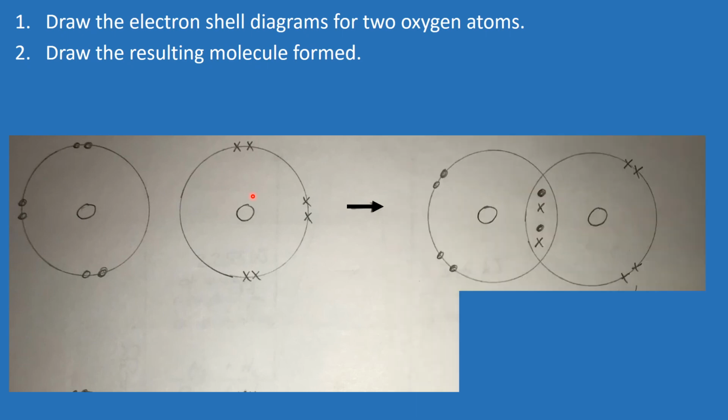Right, so this is what it looks like, and if you got this solution, well done, because this is a real kind of leap forward. So what we can see is that each oxygen, so this oxygen here with the dot electrons, has put in 2 electrons into the overlap, as has this oxygen here, 2 cross electrons into the overlap, which means that we've got 4 electrons in the overlap. Now remember what we said, a pair of electrons